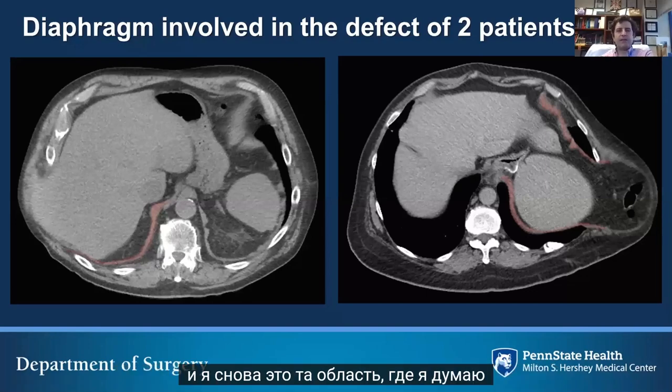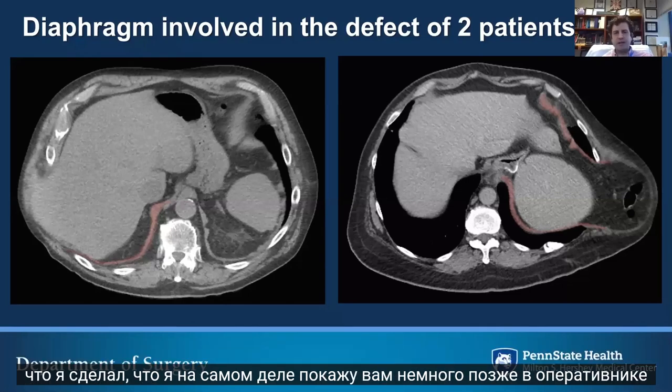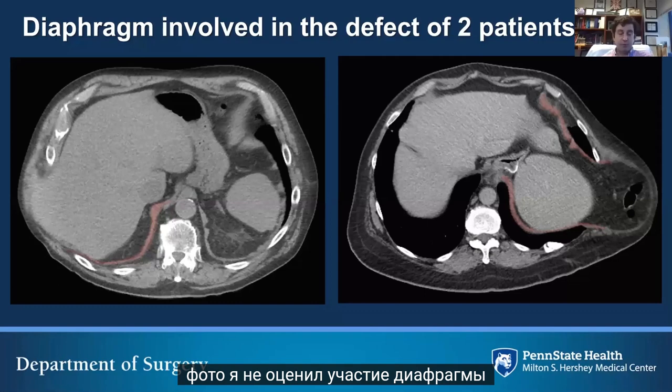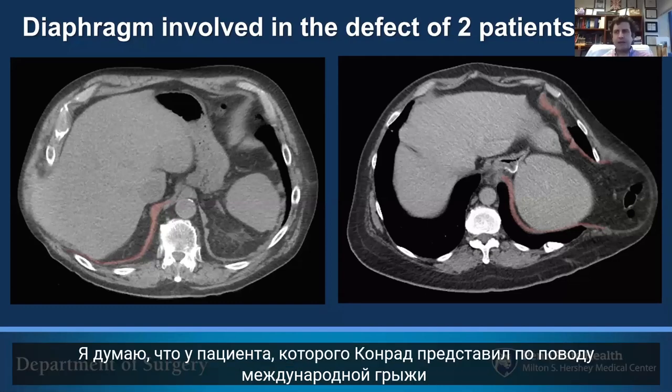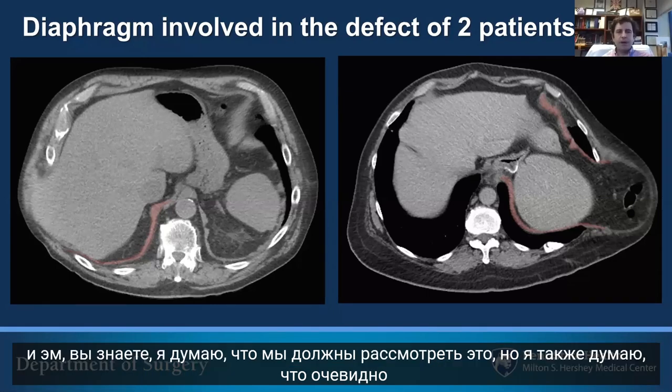And again, this is the area where I think learning to look at these films is very helpful, because the very first patient that I did, which I'll actually show you a little later on in the operative photos, I did not appreciate the diaphragm involvement. I think in the patient that Conrad presented on the International Hernia Collaboration as well, that was one of the things that was missed in the review of the imaging. So, you know, I think it's easy to get burned in the understanding that there's a diaphragm injury there. And I think that's on us to review, but I also think that obviously looking for diaphragm injuries